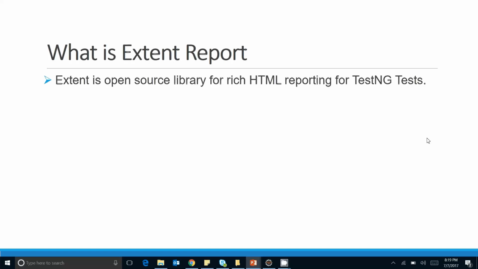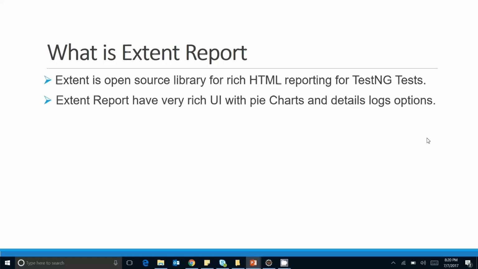So extent report is an open source library for rich HTML reporting for TestNG tests. In the coming slides we will implement the program where we can generate the extent report, and we will see how the extent report is rich in HTML and what other features we have in the extent report.